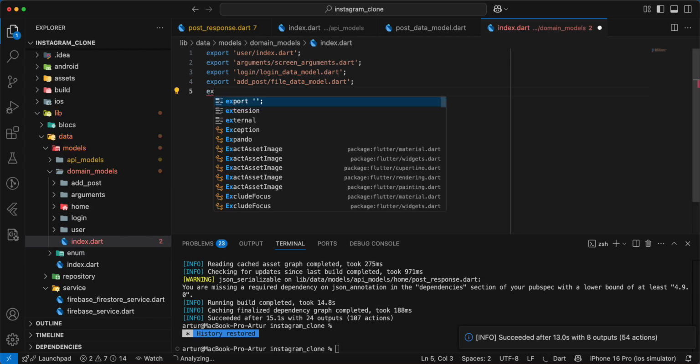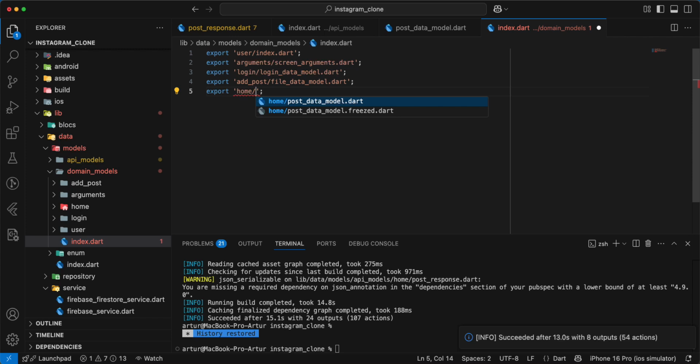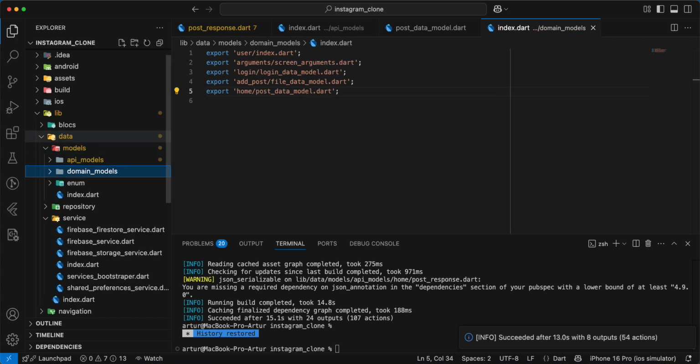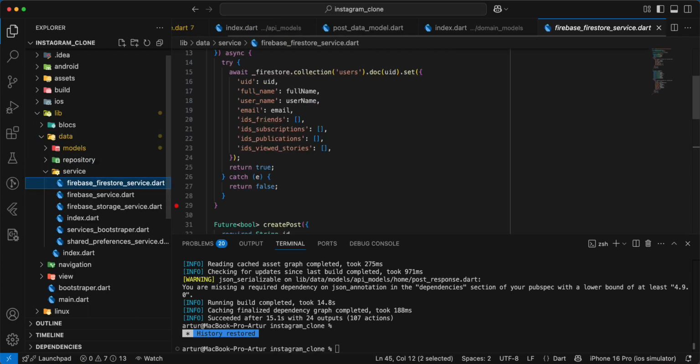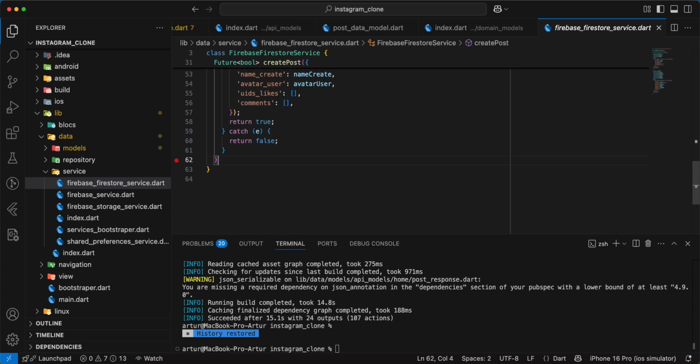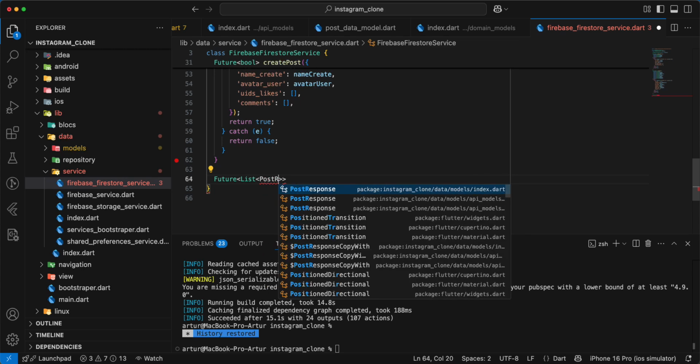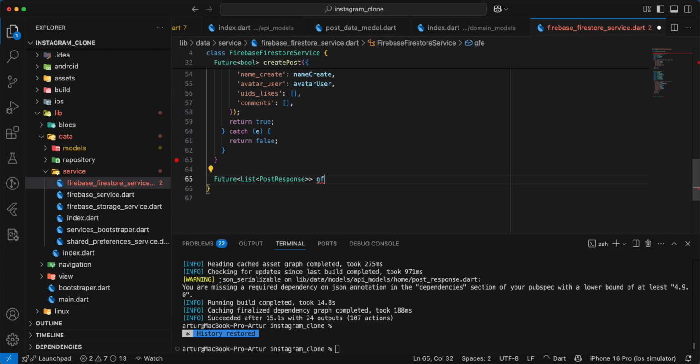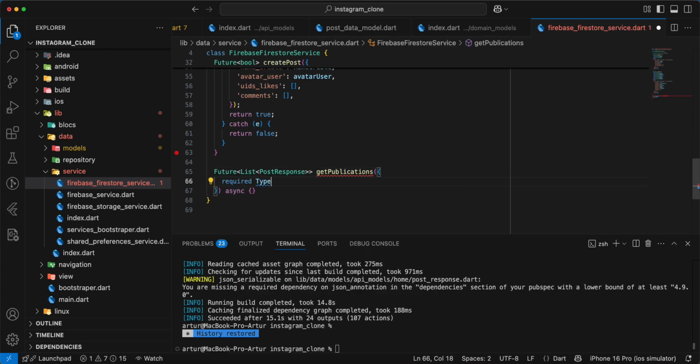then we open index.dart, write export, write home, add post data model, save, then we open service, open Firebase Firestore service, and we add function get publications, write future, write list, write post response, write get publications, write async, write required, write type post,